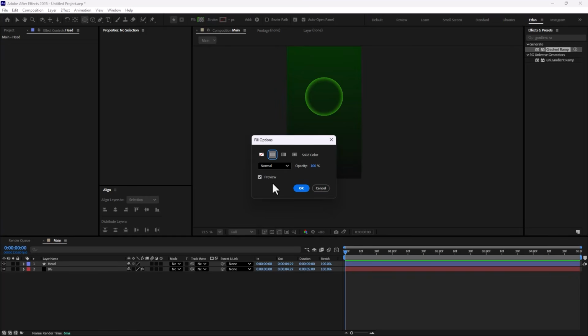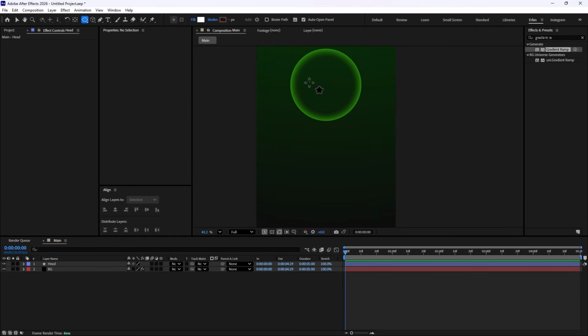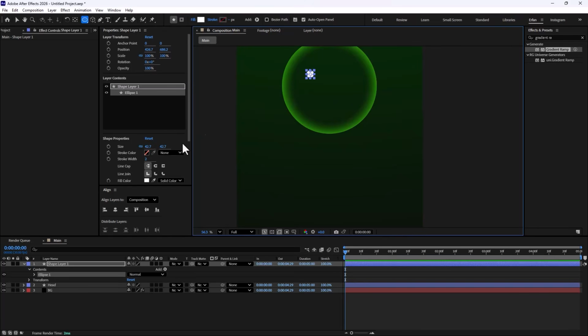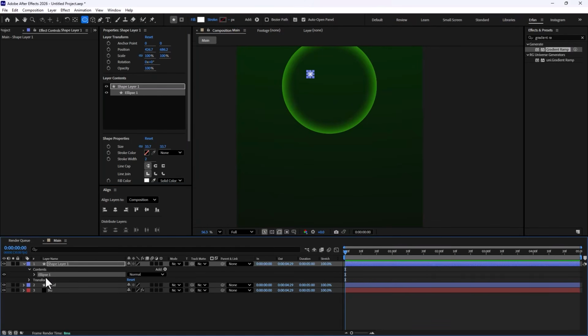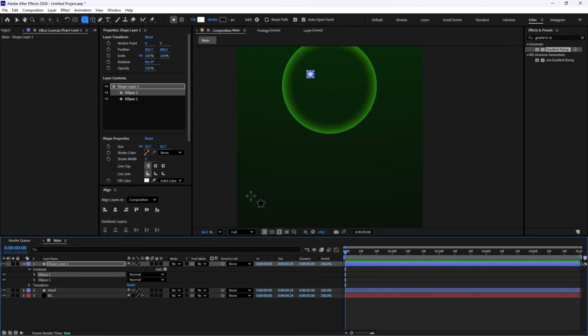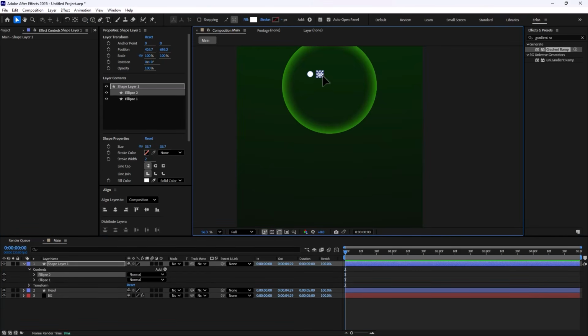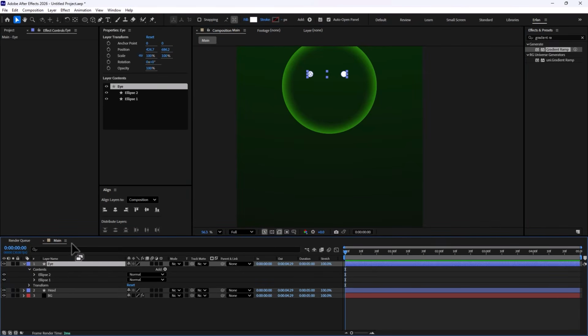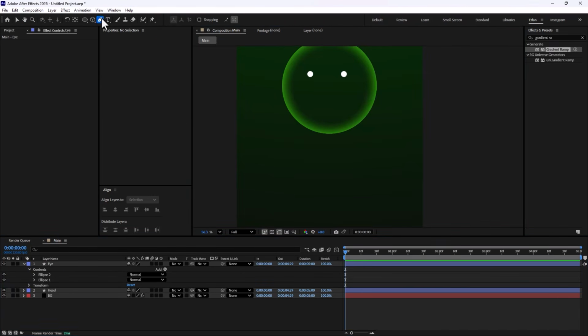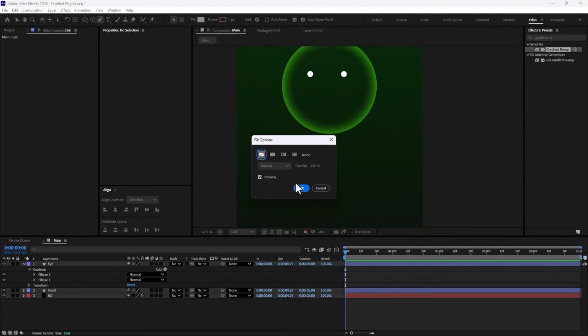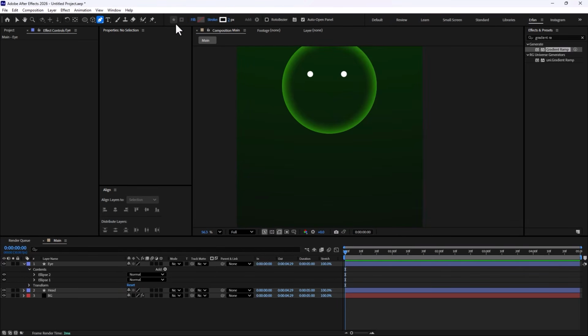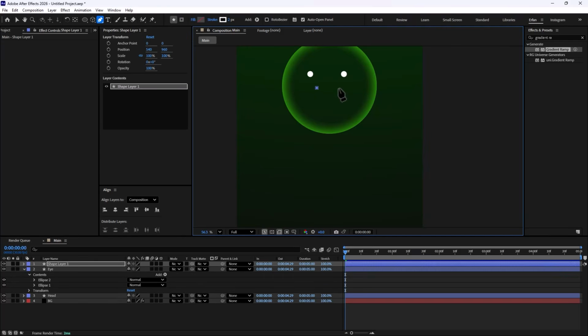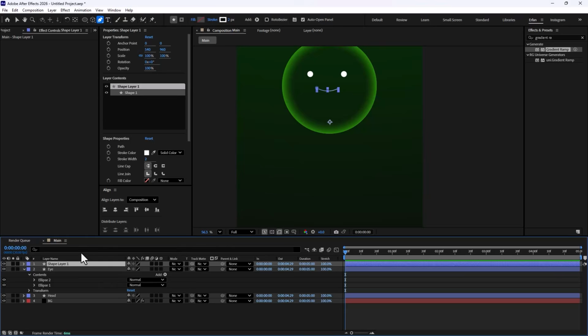This time I'm going to go towards the solid background and we're going to draw a simple eye for our character. So this is going to be the first one. Now once I've selected the ellipse, I'm going to duplicate it and bring it in here, and this is going to be the other eye of our character. So easy, right? And then I'm going to switch to the pen tool. I'm going to turn off the fill, set the stroke to 2 pixels, and then we're going to draw a curve shape like so, and this will indicate the mouth of our character.